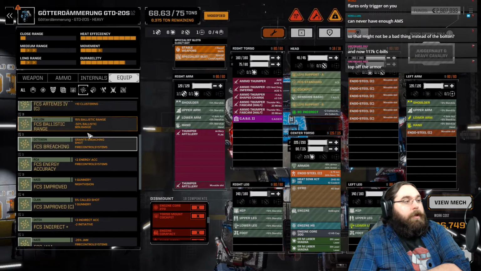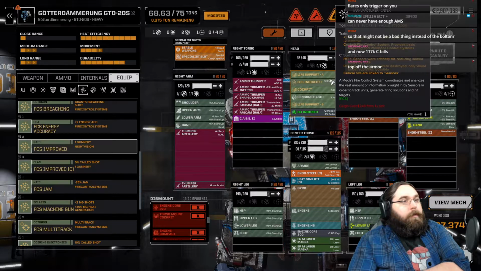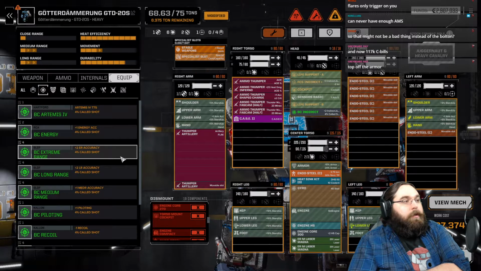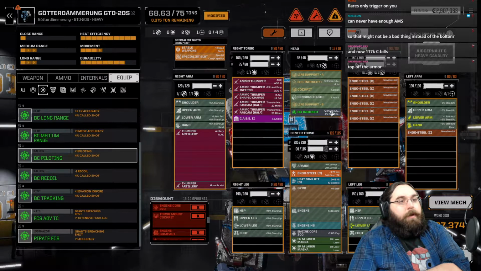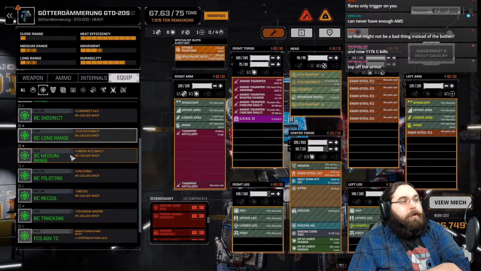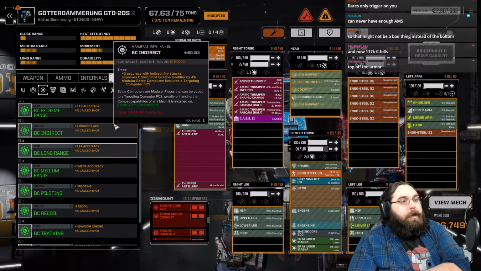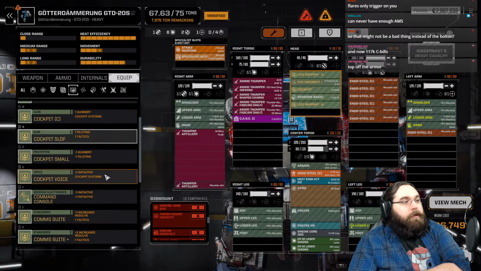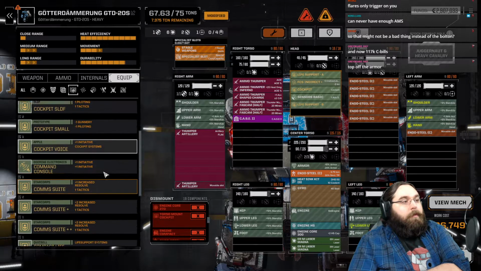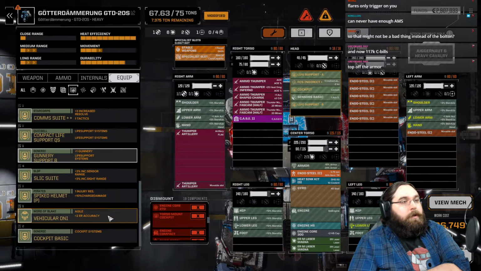Although I can force the indirect on here anyway. +3 indirect accuracy. Go to the battle computers. No, I have to if I want to have the fire control systems, and I do because I want more indirect control on that. So how do I force that? I need a cockpit with a built-in fire control system, or battle comp. Which means...